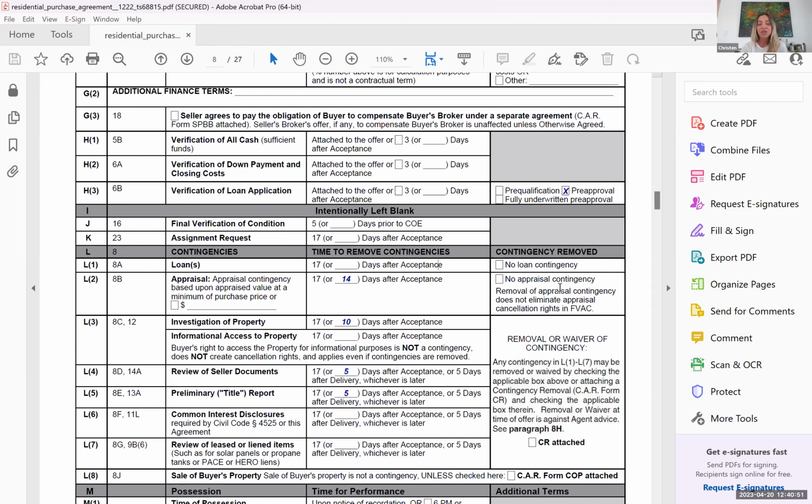So what you typically want to do is make sure the property appraises, because there's no chance the buyer is going to get a loan unless there's some renegotiation or the buyer decides to bring in more cash if the property doesn't appraise. And so if we have to write an offer with no appraisal contingency, typically we would hide that appraisal under the protection of another contingency, most often the investigation contingency, which is the next item on the purchase contract